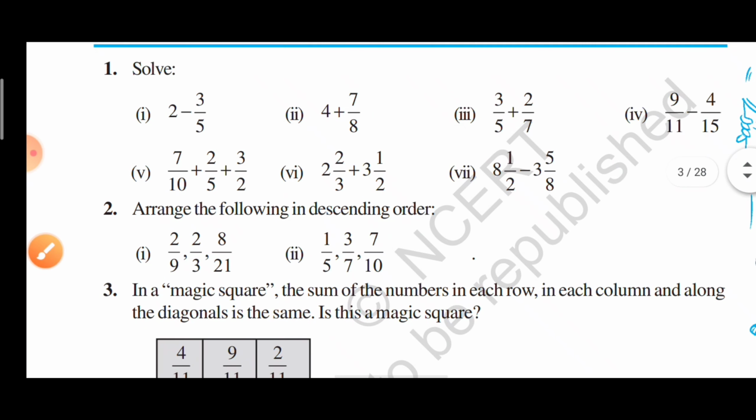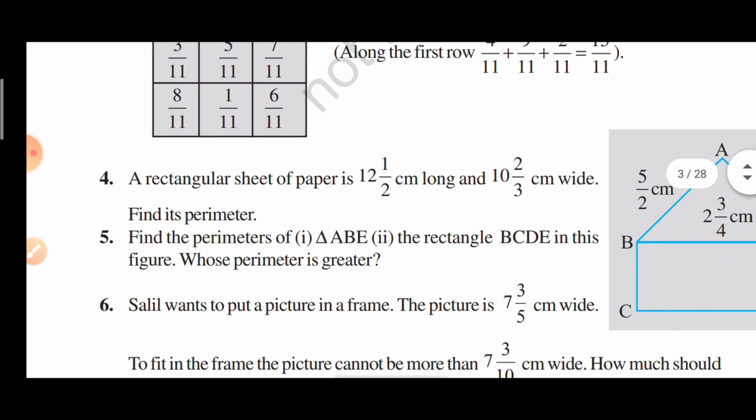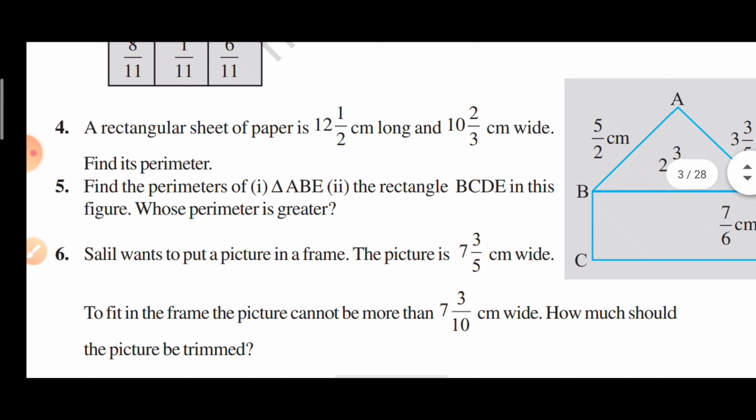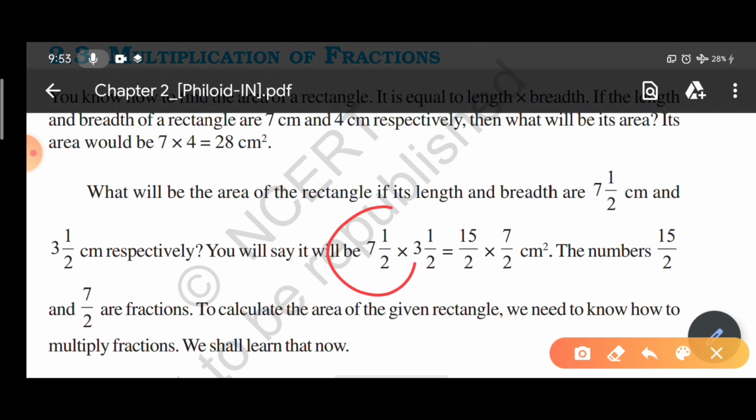Now next, write in descending order. You have to compare and then you have to write. First of all you have to write the greatest number and then move ahead with the smaller values. In that way you can easily solve the exercise provided on the basis of these particular situations. Now when your problem says that you have to multiply different fractions, so for example here mixed fractions are